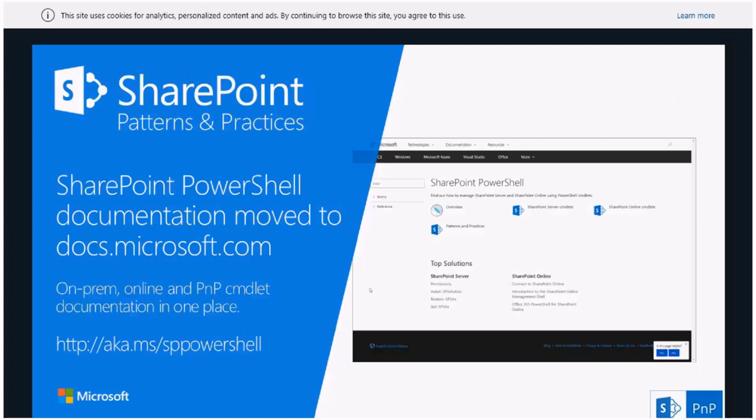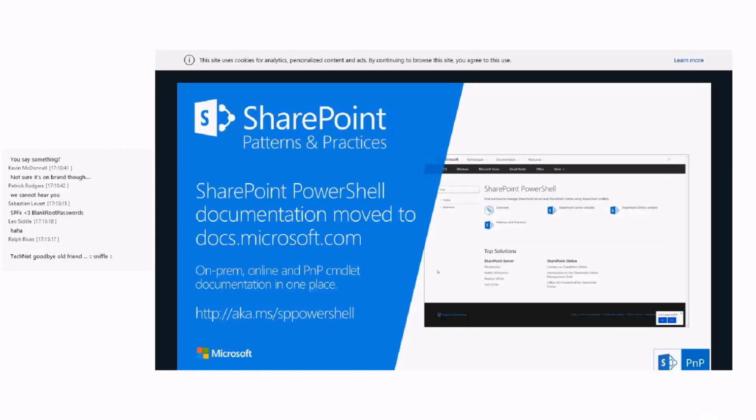We'll keep on refreshing that as we release newer versions of the PowerShell commandlets. And now that this is in docs.microsoft.com, we can also keep the SharePoint Online PowerShell documentation much more easily up to date. So we're working on getting all of this fully automatic. Whenever we're releasing a new version, we would actually update all of these documents, which is cool and a super useful resource for everybody. Yes, kind of TechNet goodbye, old friend as well.